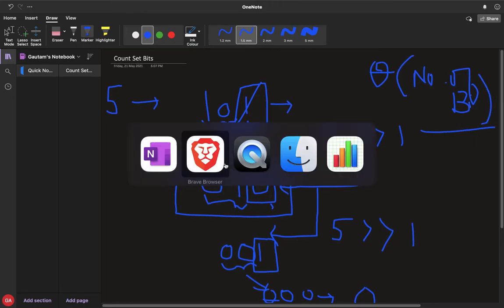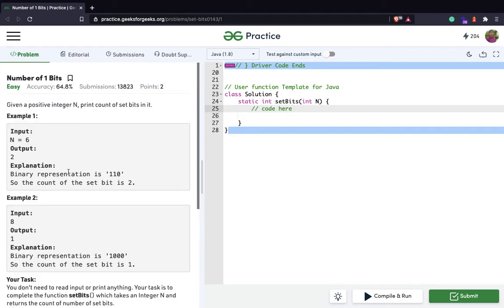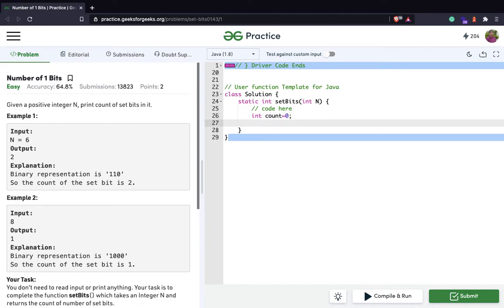So now let's implement this problem. Here we are given the number n. Let's make a variable count, which we will initialize with 0, and now implement a loop while n is not equal to 0.